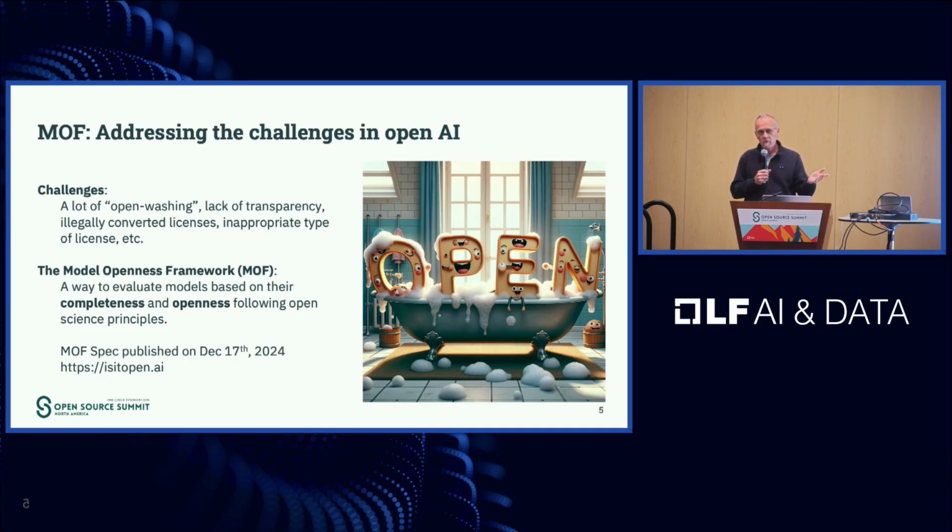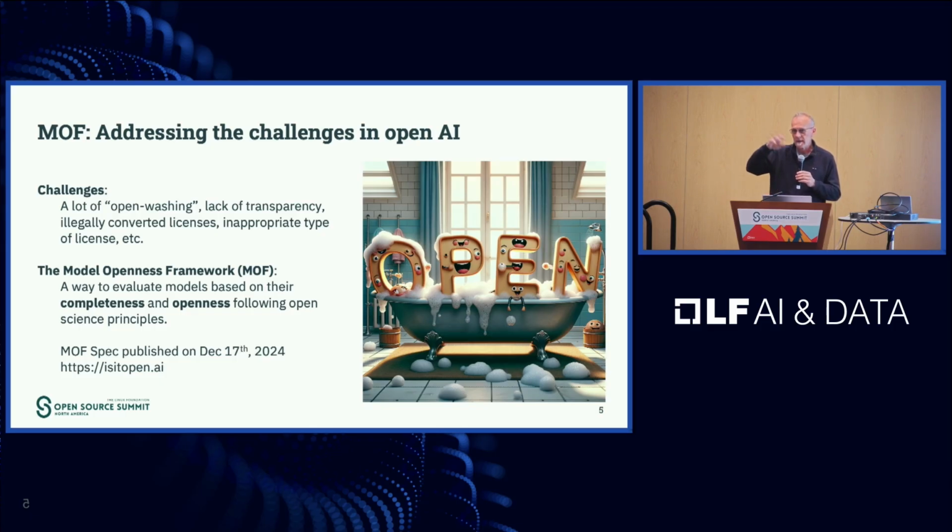And there's a lot of confusion about what type of license is used for what type of component, because in a model distribution, you have data, code, and documents. A lot of people actually use software licenses, which are not appropriate for some of the model components. So I invite you to go check isitopen.ai, a website where you can find the specification of the model openness framework, along with a link to a registry, which is online, which you can use to evaluate your own model distribution or somebody else's model distribution.